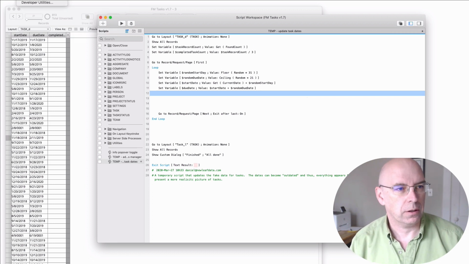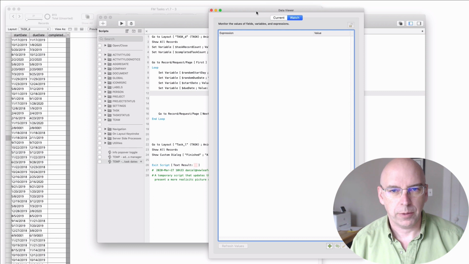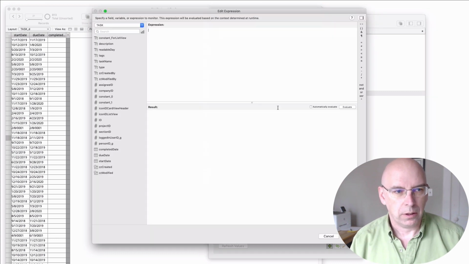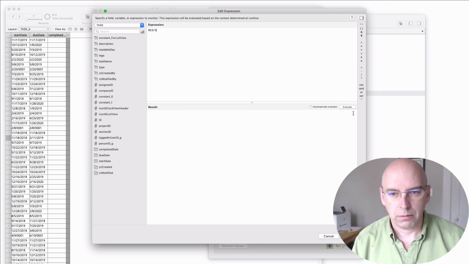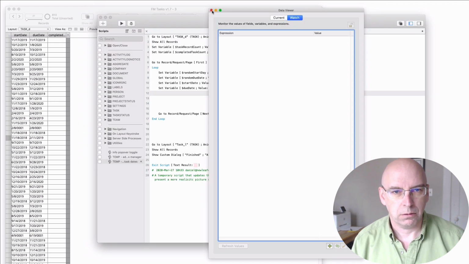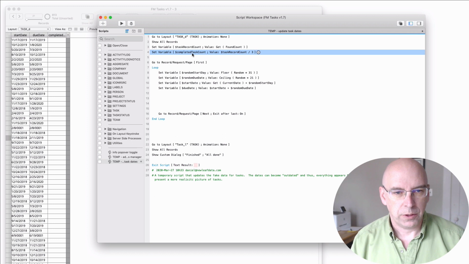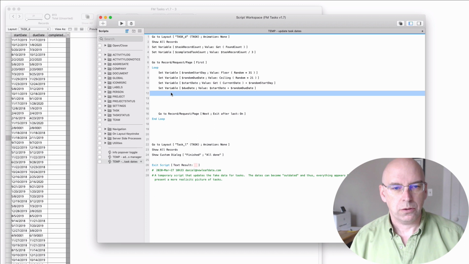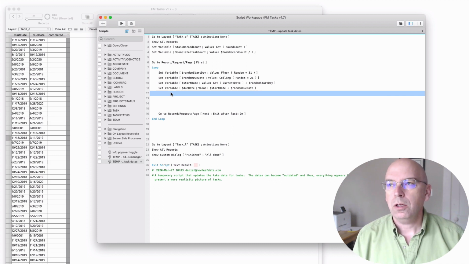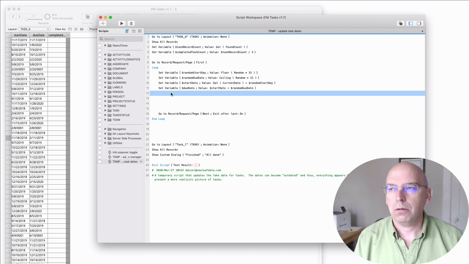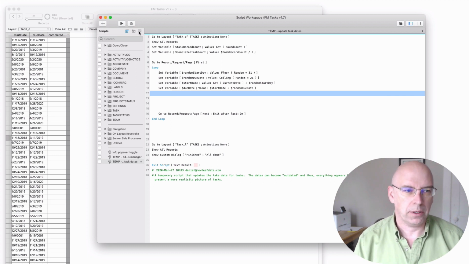Let's take a look at our debugger. Not our debugger, but our data viewer. And let's see, I know that 813, it's 271. So I'm looking at 271 is going to be my completed task. Okay. So now what I want to do is as I go through